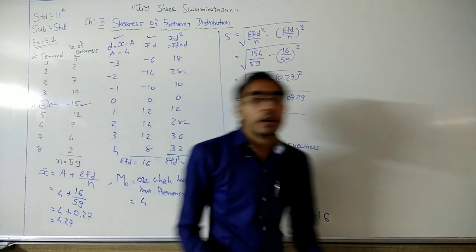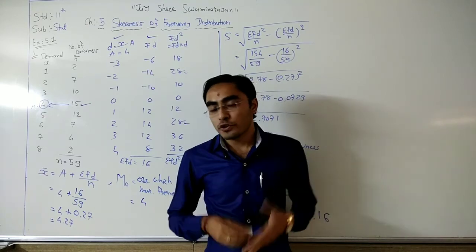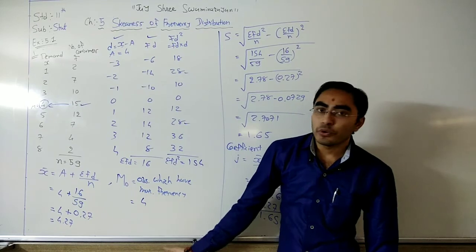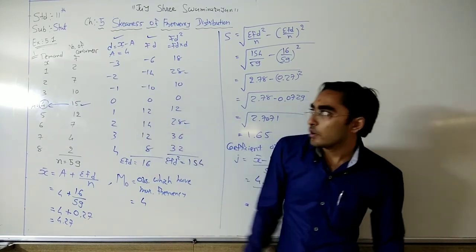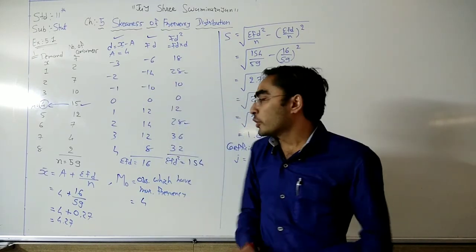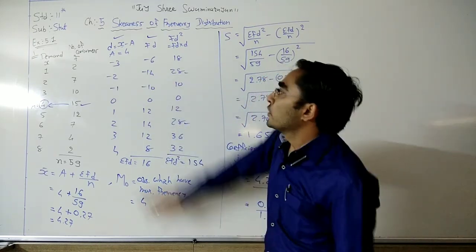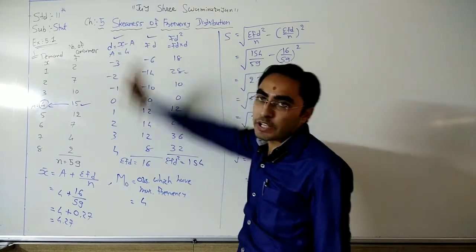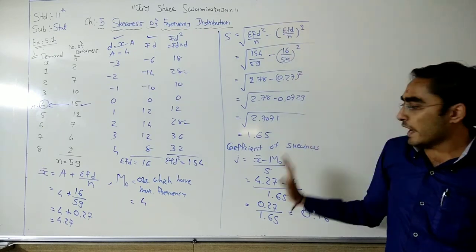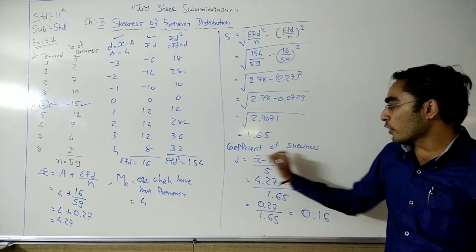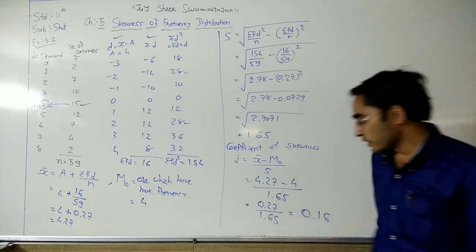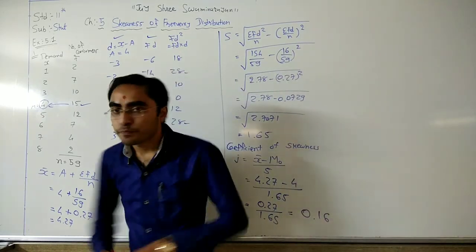So in this way we can find the coefficient of skewness. Here we have a discrete frequency distribution table. We can also use the direct method here, but right now I am going with the deviation method. It's your choice, you can use any method. First of all, find the d, fd square. Find the mean, mode and standard deviation and put the values in the coefficient of skewness formula, x bar minus mode divided by standard deviation. In this way we can find the answer.